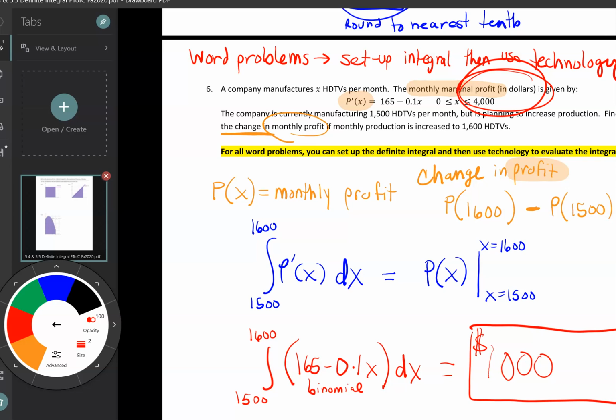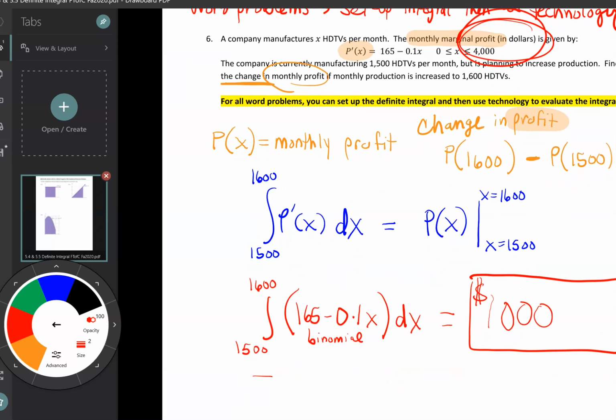So I'm going to have normal dollars. And since it's positive, it's an increase. So if I go to interpret this, I would say the profit would increase. Or you can even say under these conditions, so you don't have to rewrite all that. So I don't have to say going from 1,500 HD TVs to 1,600 would change the profit. I just say under these conditions,